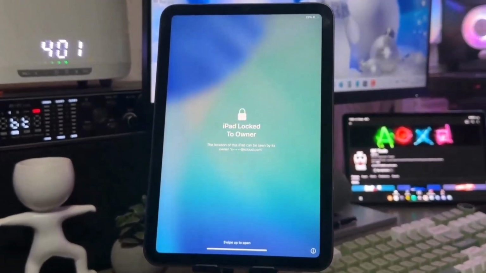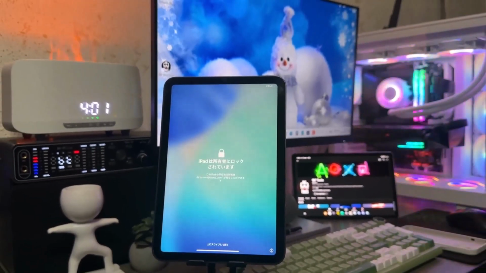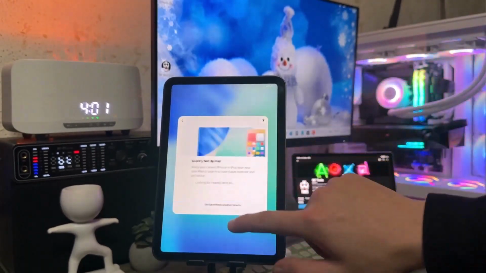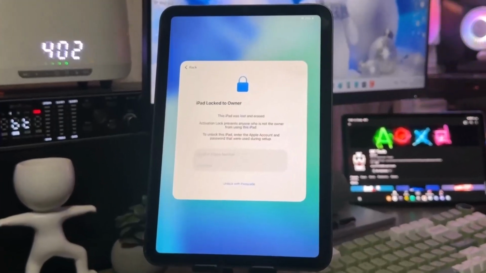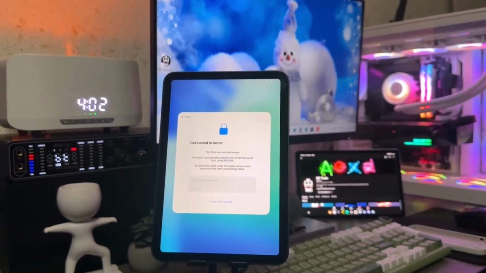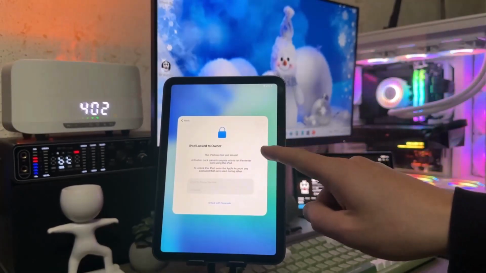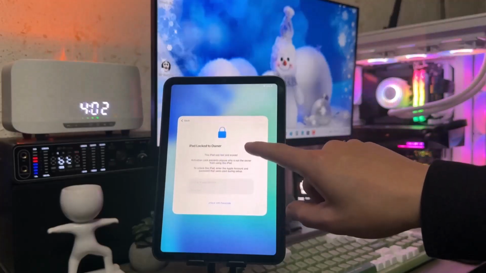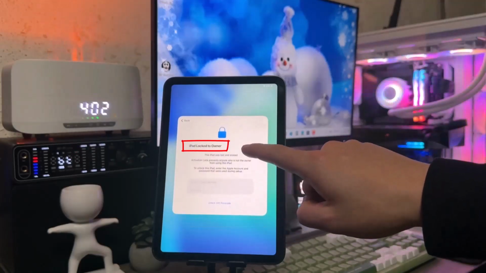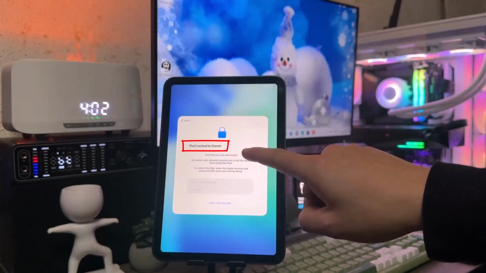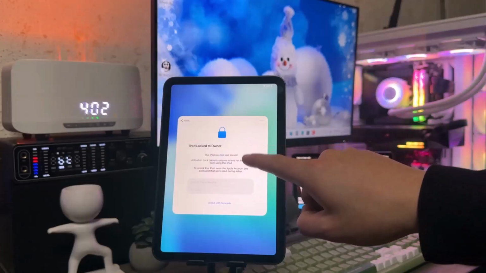iPad Activation Lock. Did you buy a used iPad and later realize it's still linked to someone else's Apple ID? Or maybe this is your own device, but you no longer remember your Apple ID details. In both cases, seeing the Lock to Owner message can make the iPad feel completely unusable, but there are legitimate